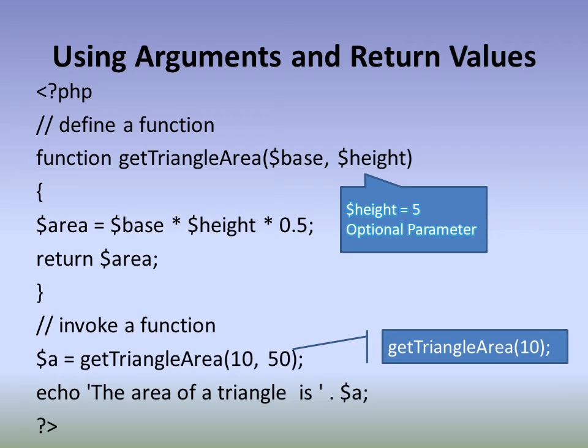So we can have all the arguments as optional parameters, but we should not have an optional parameter at the leftmost. So we should not have a parameter after an optional parameter. After an optional parameter, no other required parameter should be there. All the optional parameters should be towards the right end of the function definition, so in between there should not be any optional parameters.